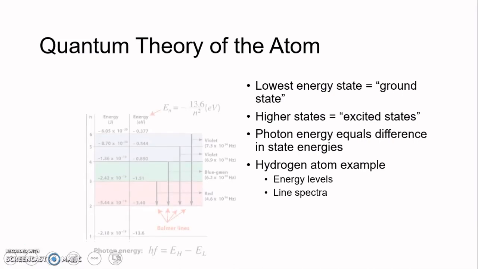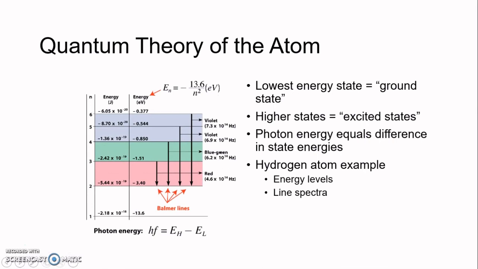And the amount of energy in a photon is going to be equal to, as we said in the previous slide, the difference between the two states of energy through which the electron jumps. So here we've got a figure showing 6 different energy levels. Here, level 1 is always considered to be the ground state. So this is the lowest possible energy level. And 2 through 6, these are your excited states. And so electrons can jump from any of these excited states down to lower excited states, and as they do so, they